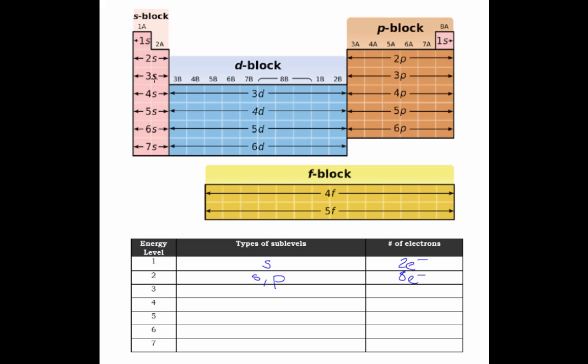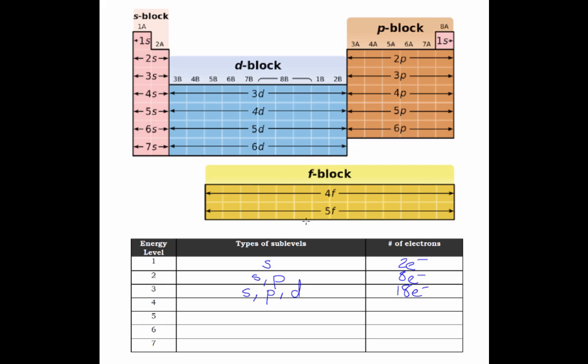We have s orbitals, we have p orbitals, but we also have d orbitals. They're in a little bit of a different spot, but all of those still belong in the third energy level. So we have s, p, and d. If you add up all the boxes in the s level, the p level, and the d level, they will add up to 18